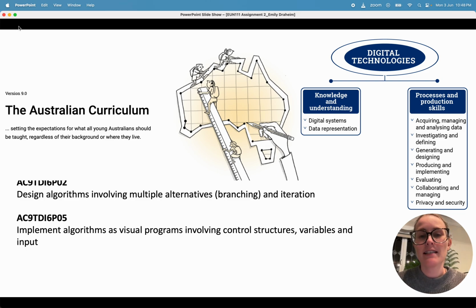Hello and thank you for watching this video about implementing a coding activity into your classroom that is based around the requirements of version 9 of the Digital Technologies curriculum. The activity discussed in this presentation is a maze escape game that has been designed to be implemented by a Year 5 class and looks to satisfy the curriculum requirements of AC9 TDI 6P02, design algorithms involving multiple alternatives and